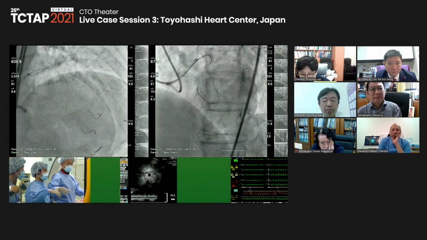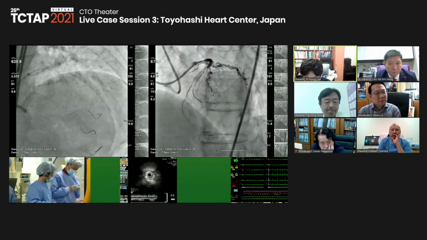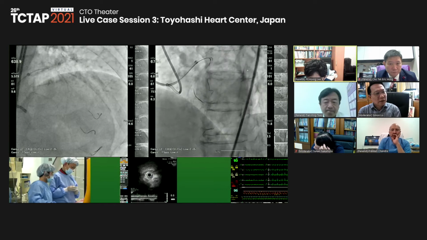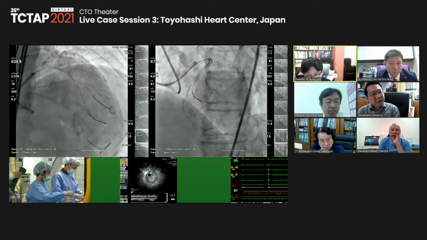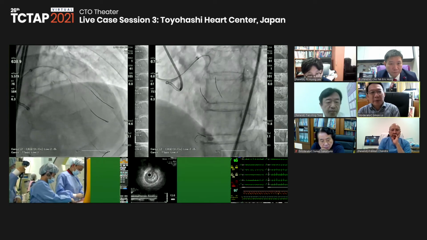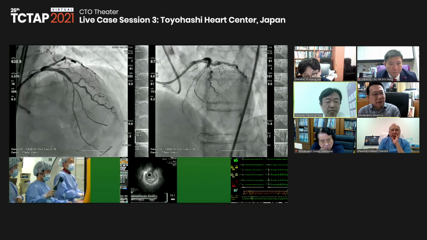The distal diameter, according to the IVUS, was about 2.0, 2.12, right? Yes, I think so. Well, would you use a 3 millimeter diameter stent? Because originally it looked like 3 almost.